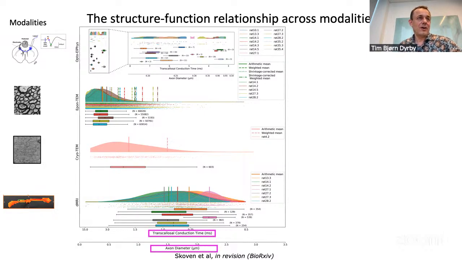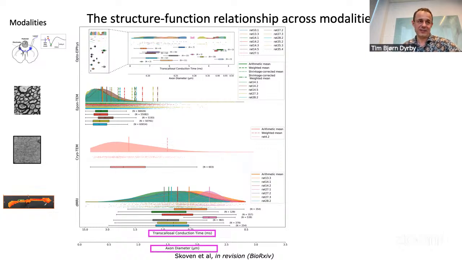So we have our optodynamic, these are our latencies that we have measured here. And we have the electron microscopy on the same animal here, using the standard EM with the diameters we have predicted. And we have the cryo-EM. This is just one animal, but we have more coming up to compare. And then on the same brains that have been studied with electron microscopy, we have the diffusion MRI